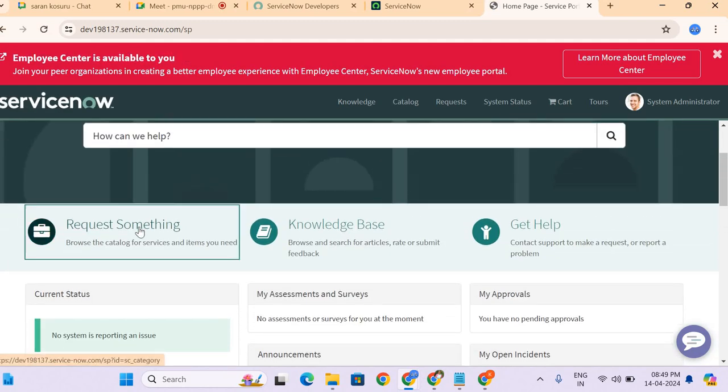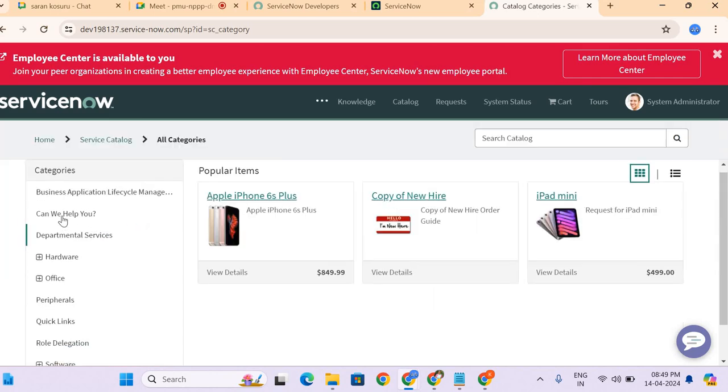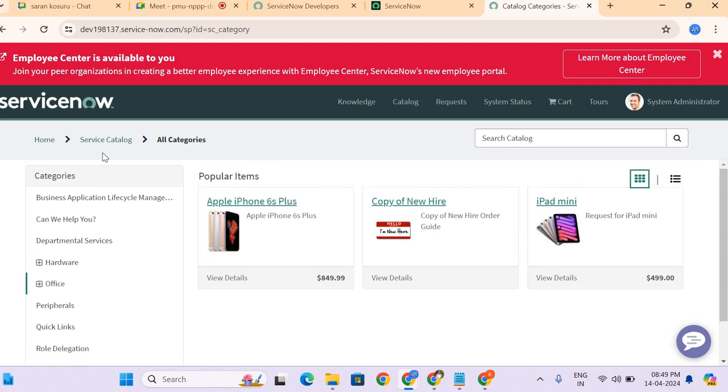So here under request something, you have seen the can we help you and hardware, software. So in the service portal also you can see your variables. So let me say I'm searching for the create incident.